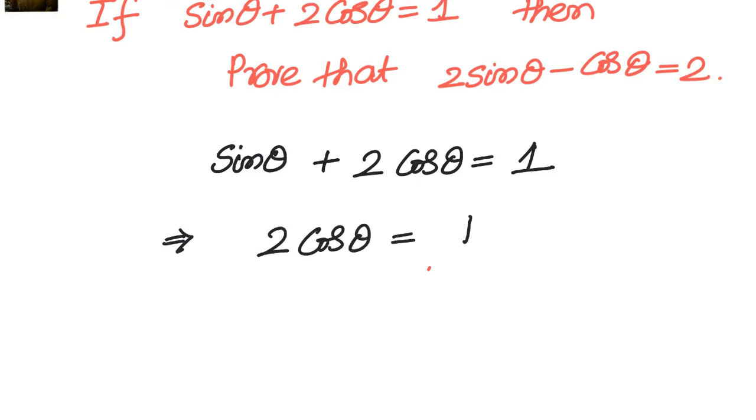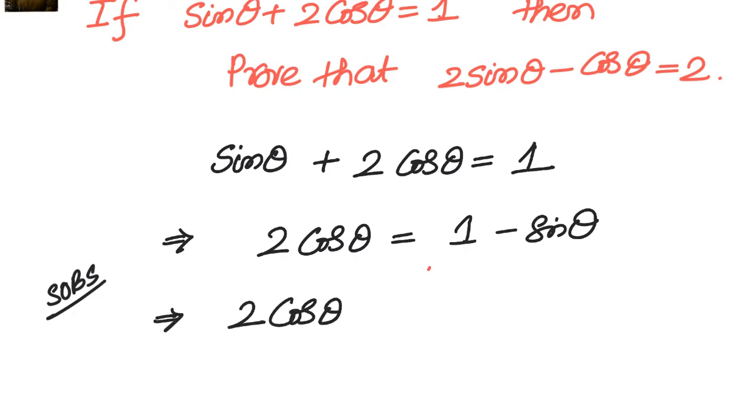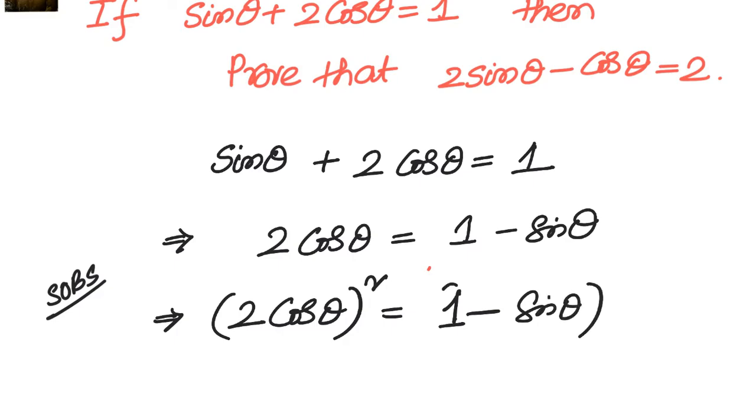Now we will take sin theta to the other side. It will become 2 cos theta equals 1 minus sin theta. Then we will square it on both sides, so that we have (2 cos theta) whole square equals (1 minus sin theta) whole square. In the next step, we can write down 4 cos square theta